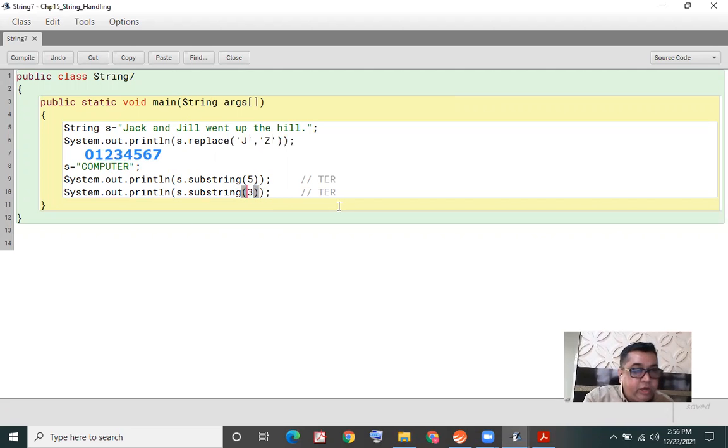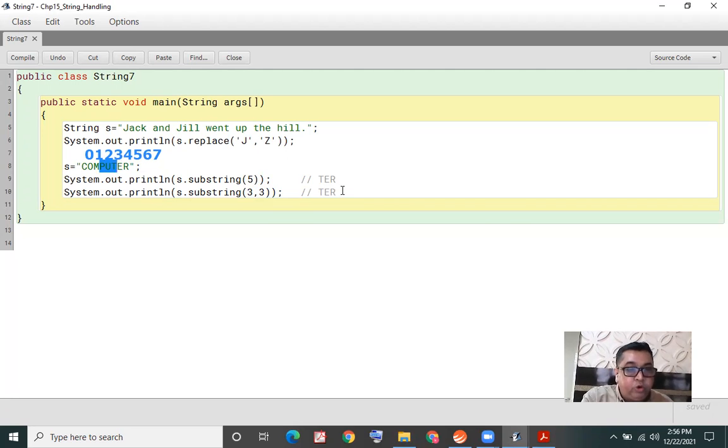But now I write 3, comma 3. If I had given only one parameter, from position 3 it would give me all the characters, like I did earlier in the case of 5. But this time I'm giving one more argument to this method, that is 3. That means I'm telling it that from position 3, you give me 3 characters.